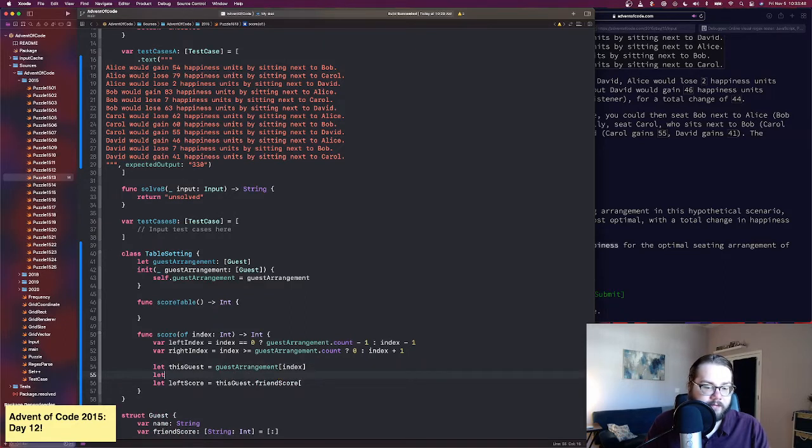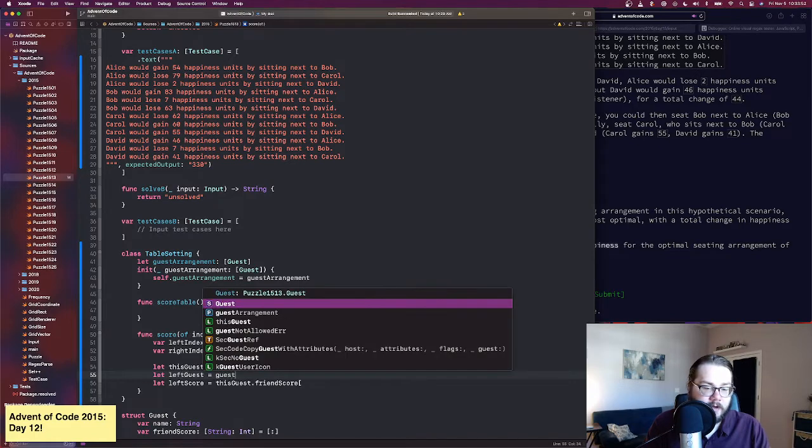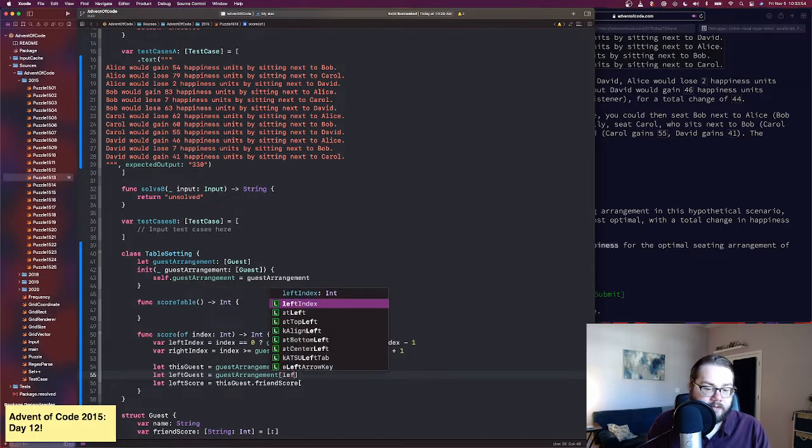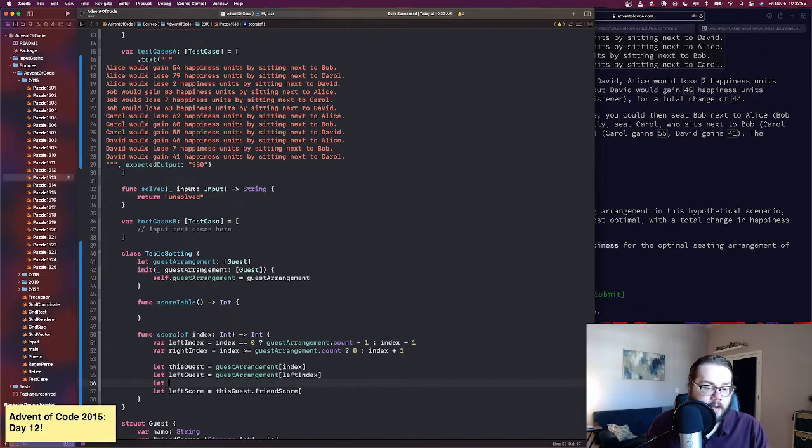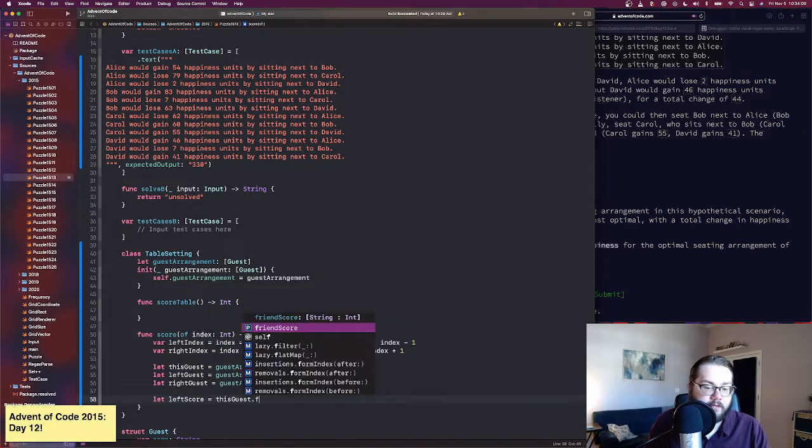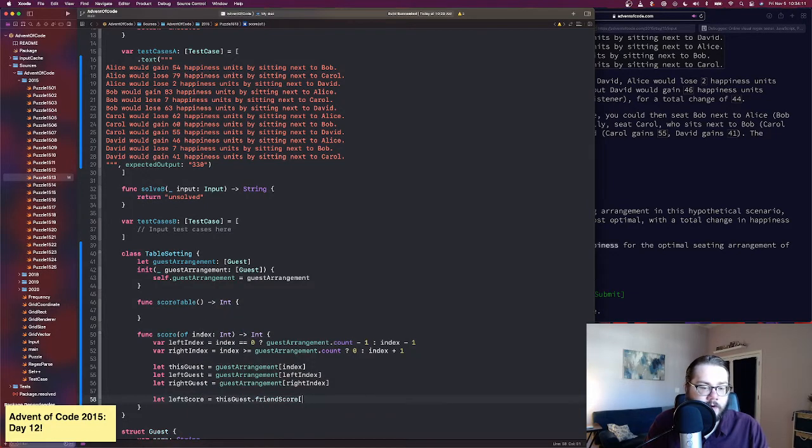So we're going to do left guest equals guest arrangement left index. Let right guest equals guest arrangement right index. Okay, so we're going to do let left score equals this guest dot friend score, and we're going to find the name of the left guest. So left guest